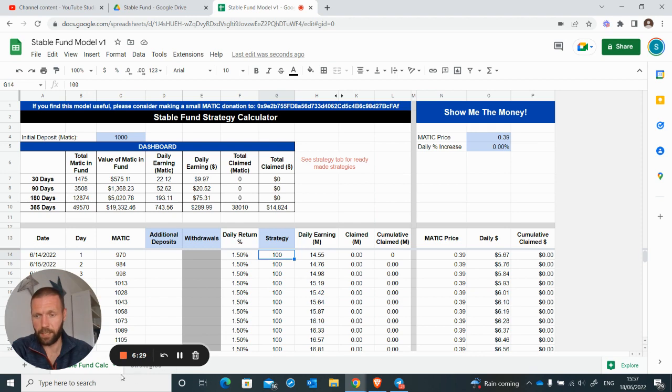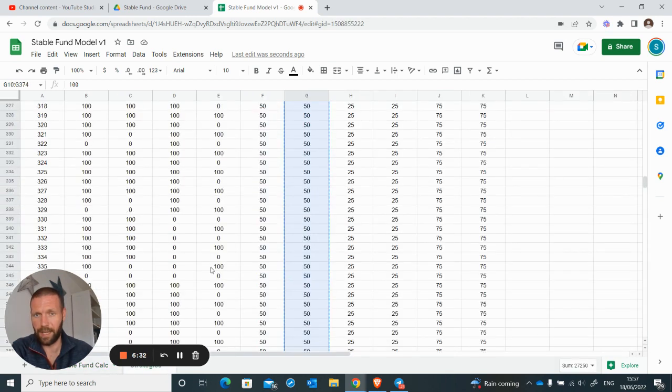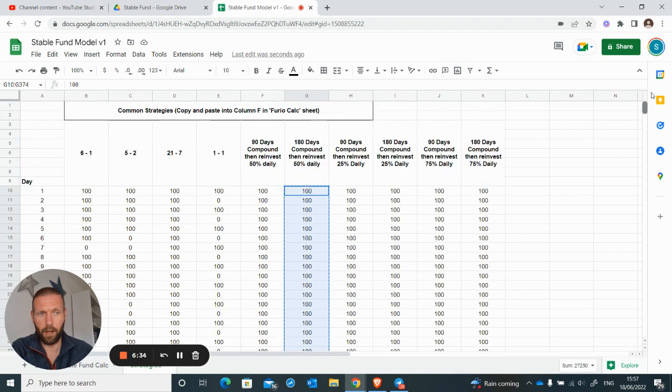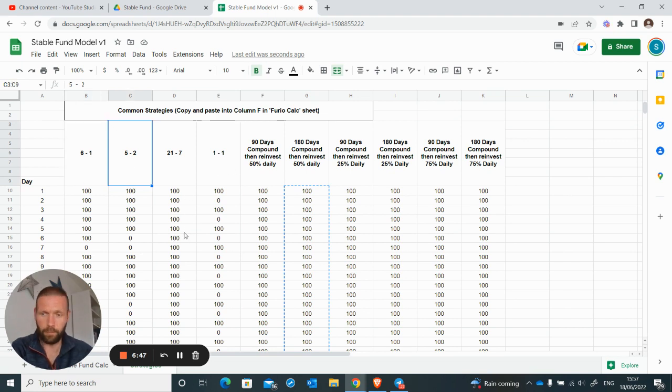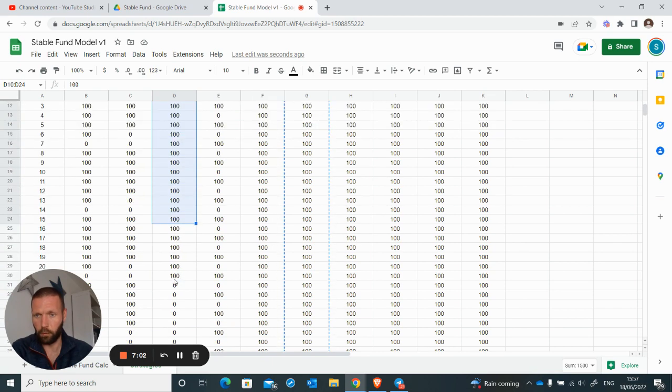So in terms of strategy, what I've done here is in the second tab, you'll see that there are a bunch of pre-built strategies that you can try out and have a look and see what that looks like for your investment moving forward. So some of these are pretty common that people use in lots of ROI dApps. So 6 days compounding, 1 day claim, 5 days compounding, 1 day claim, 21 days compounding, 7 day claim, etc., etc. And what you would need to do is just copy this whole column here and paste it in column